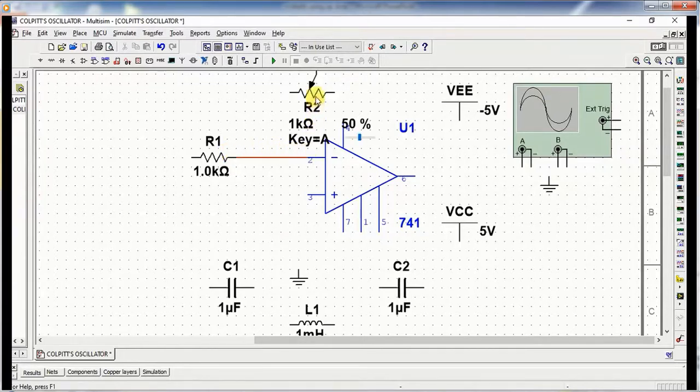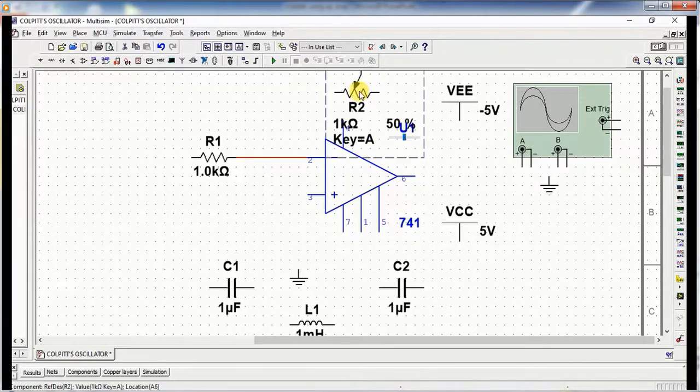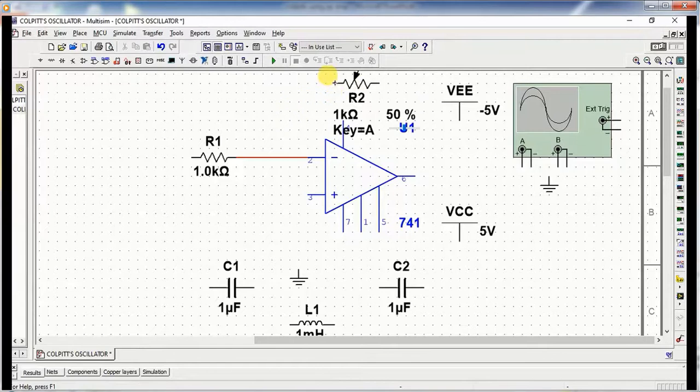Now connect all the components like this. Connect one terminal of R2 to pin number 6, and the other terminal of R2 is also connected to pin number 6. Connect this minus VEE to pin number 4, and plus VCC to pin number 7 of the 741 op-amp IC.